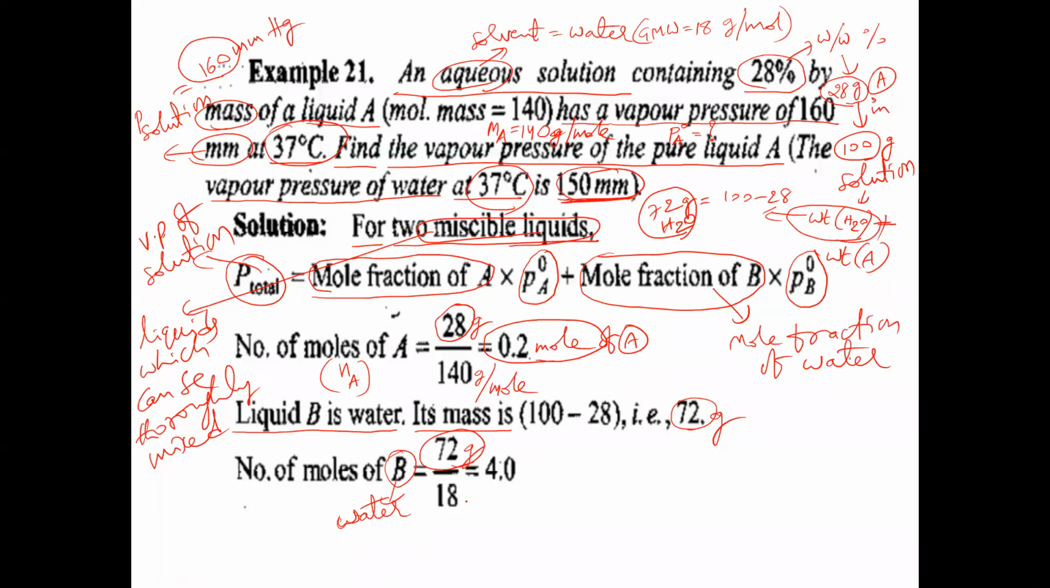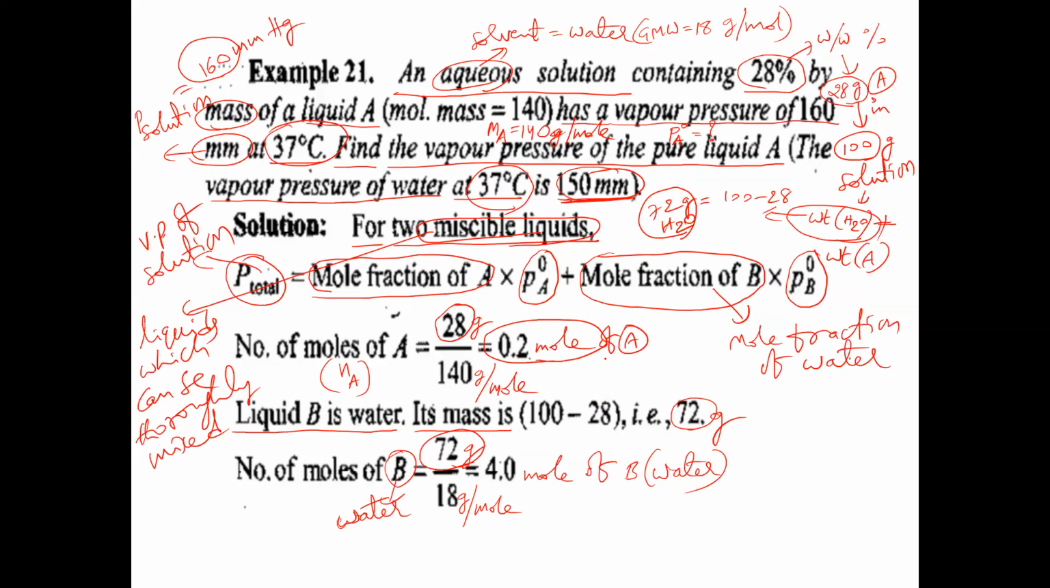72 grams, and the gram molecular weight of water is 18 grams per mole. So 72 grams given weight divided by the gram molecular weight of water, 18 grams per mole, gives 4 moles. 4 moles of what? B means water. Water we have taken as B in the problem. So the number of moles of water is 4 moles, and the number of moles of liquid A is